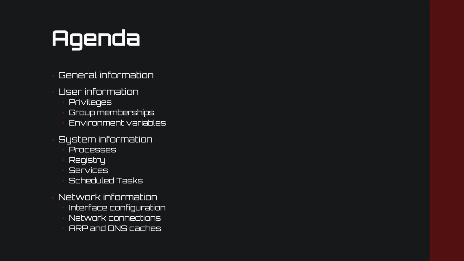architecture. Following this, we will examine our user account in greater detail, including its privileges, group memberships and environment variables. Then we will examine more detailed system information, including running processes, important registry values, active services and scheduled tasks. And to finish off, we will review network information, gathering interface configurations, active network connections, various caches, and several other